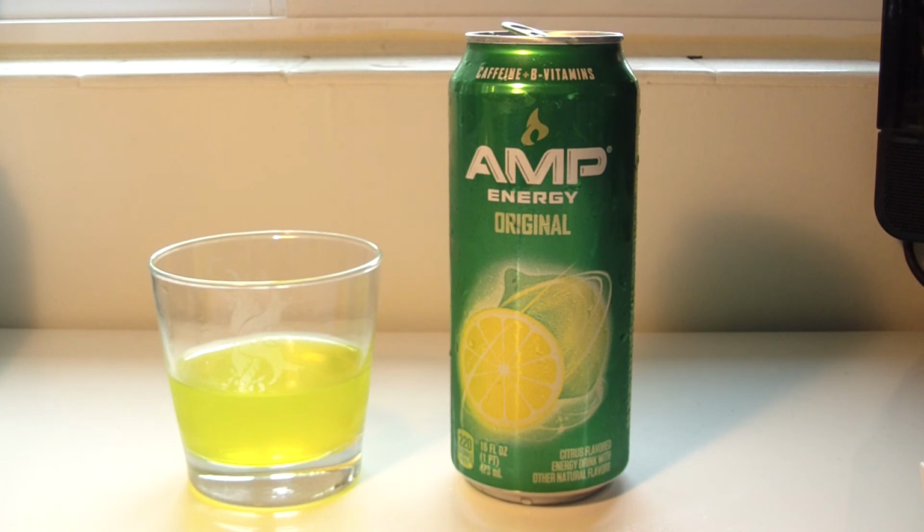It was special. It was a special taste that tasted kind of like how cherry citrus Game Fuel tastes, but with a lime flavor. It was good. It was really, really good. But anyways,